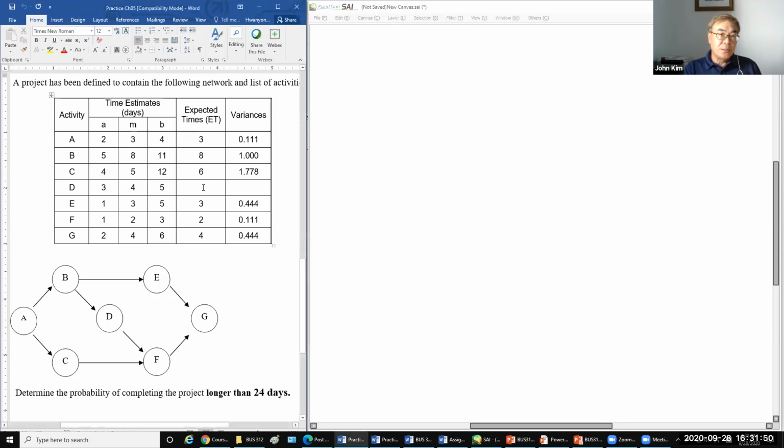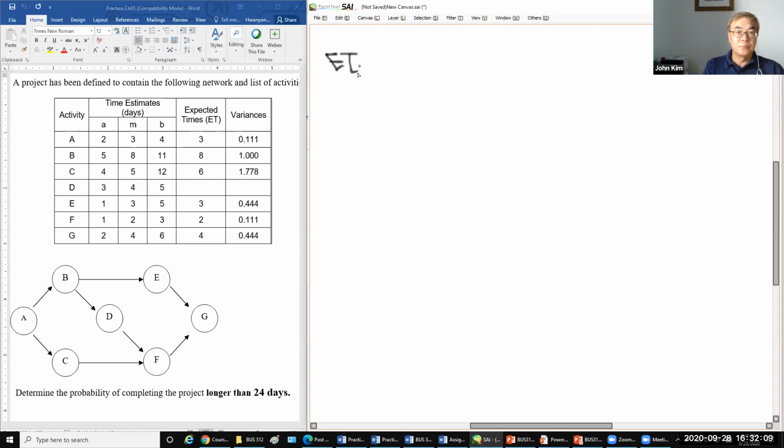So this is the expected time for activity D. Using the formula, expected time D equals A plus 4 times M plus B, where M is the most likely time, divided by 6,